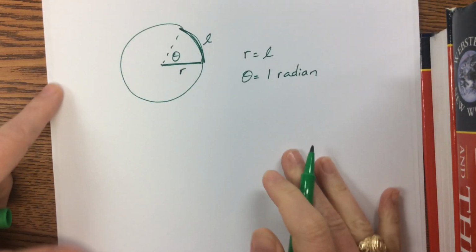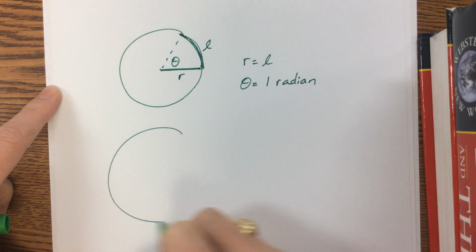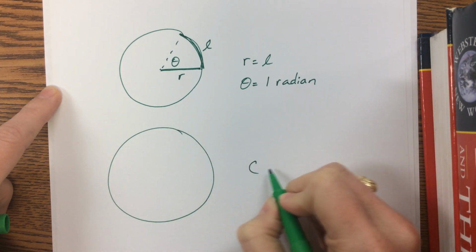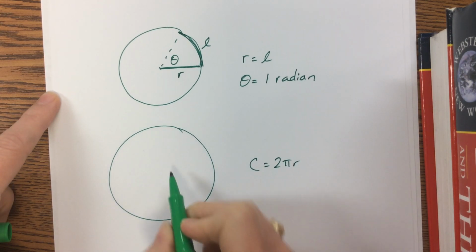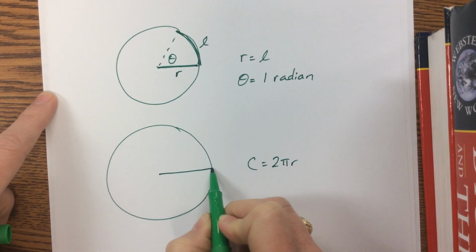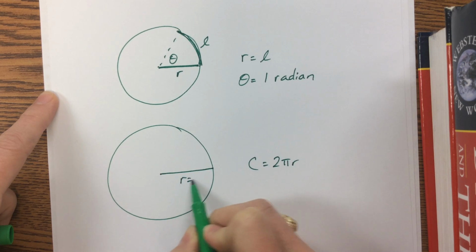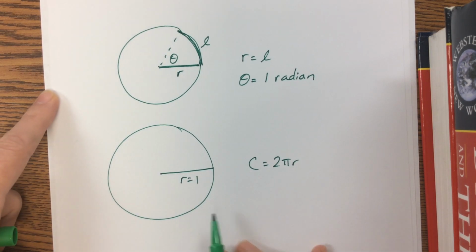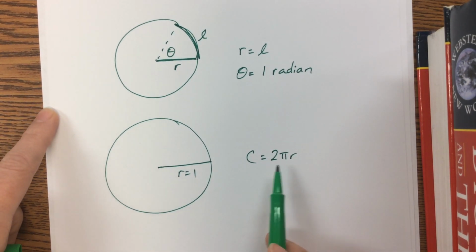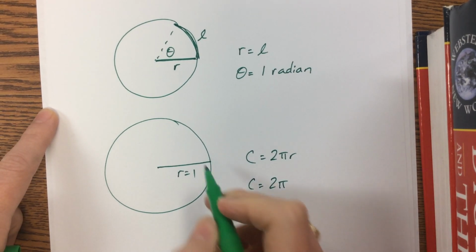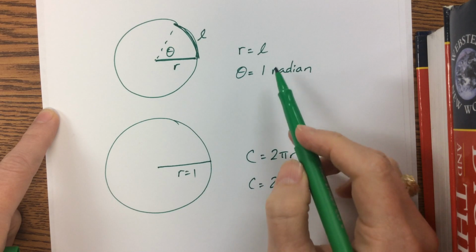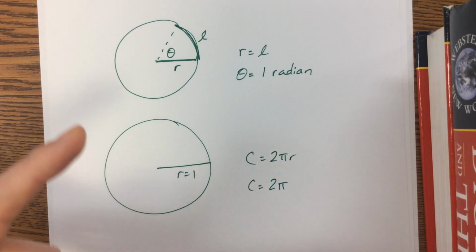So if we think about the whole circle, the circumference of the whole circle is equal to 2 pi r. Often what we like to do is use a unit circle, which means that the radius is 1 unit. So if the radius is 1 unit long, then the circumference would be equal just to 2 pi. So now when we think about it in terms of radians, the angle that we've gone